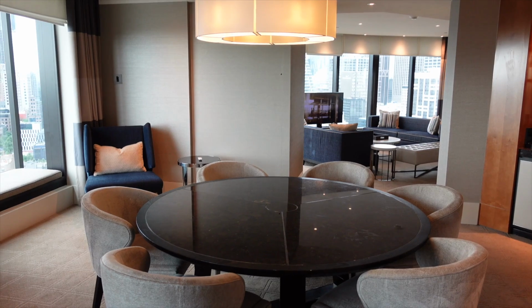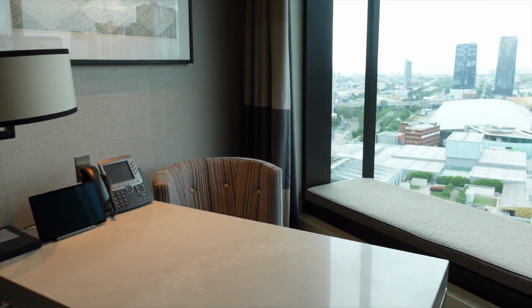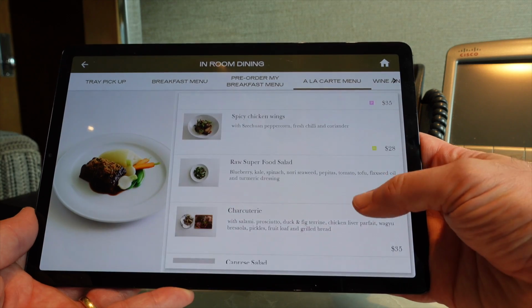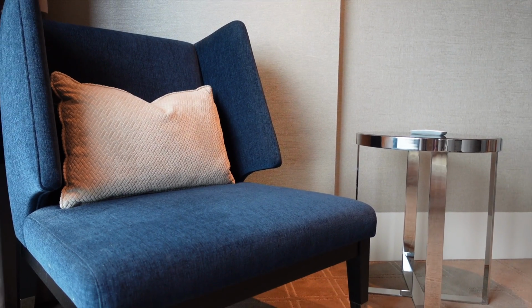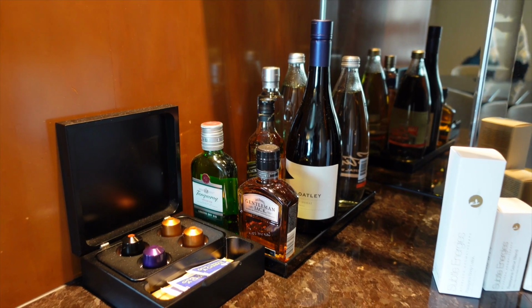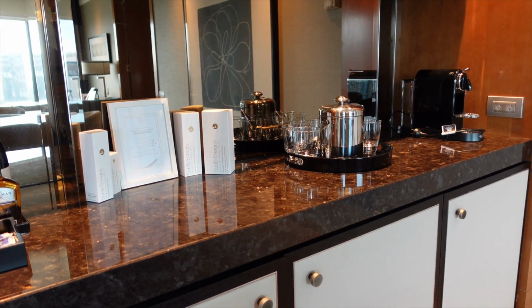In a separate dining room, you've got seating for 6 on this large round table with overhead light. To the back of me here, a desk with a little tablet that you can order room service, get some information, call for your car and things like that. Over to the left, we've got a chair that I think would be a lot better if it had a chaise lounge. And just behind you there is the minibar, 2 fridges, coffee pods, and well, it's just, again, well